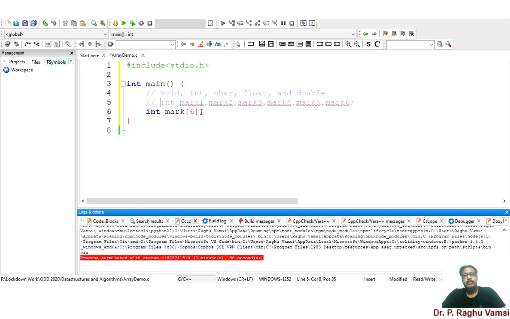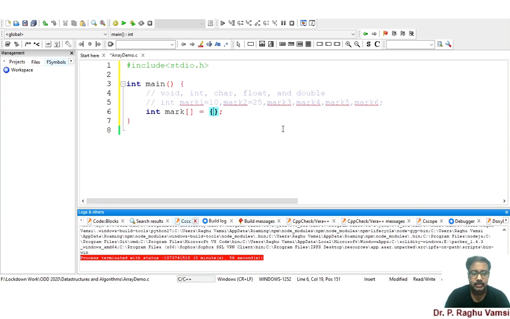For example, if I want to initialize the marks values here itself, assume that this below statement is not there and only the above statement is there. Then int mark1 is equal to 10, mark2 is equal to some 25, like that some marks you are going to declare. In the same way, if I want to declare in the array, what you can do is int mark[], and whenever you go for initializing the values of an array at the time of declaration, you need not declare the size of the array.